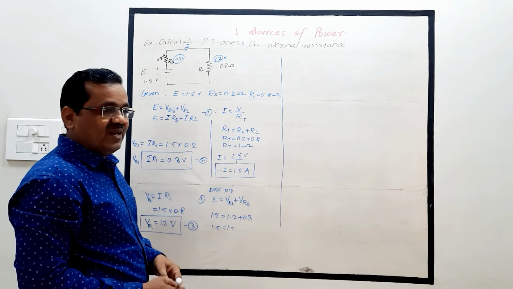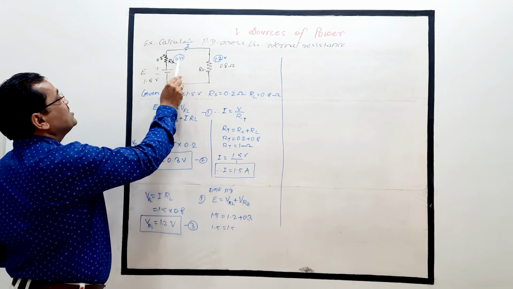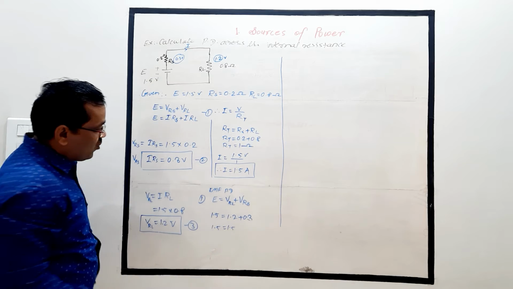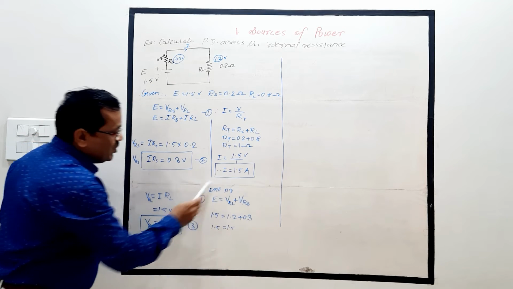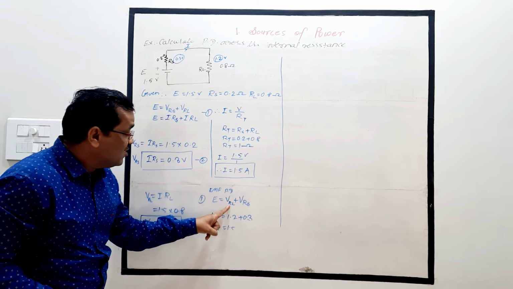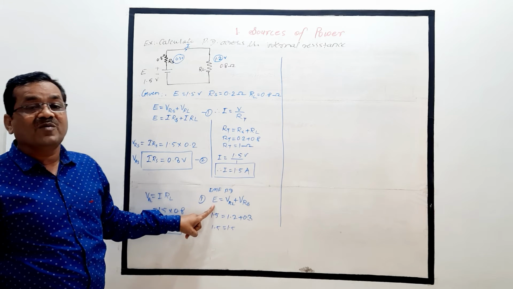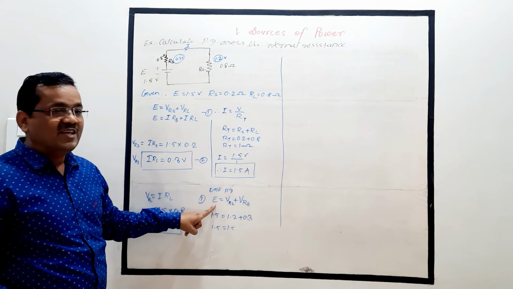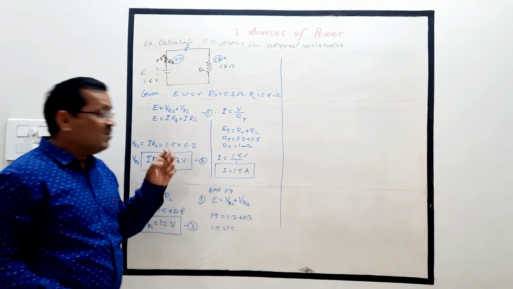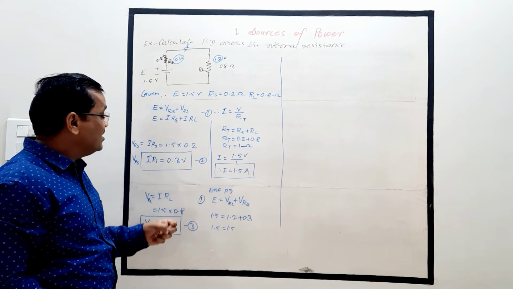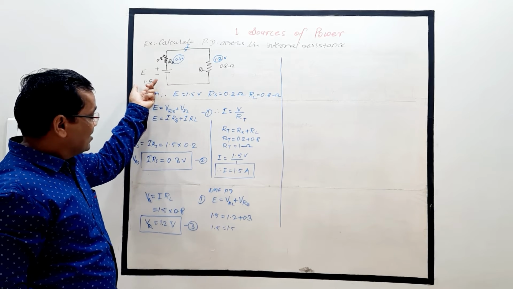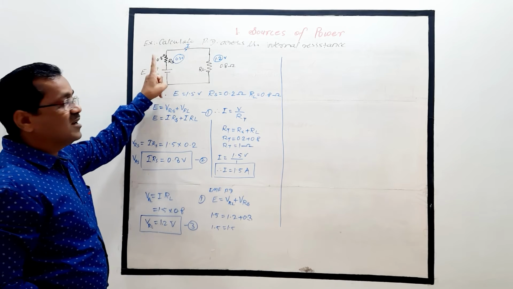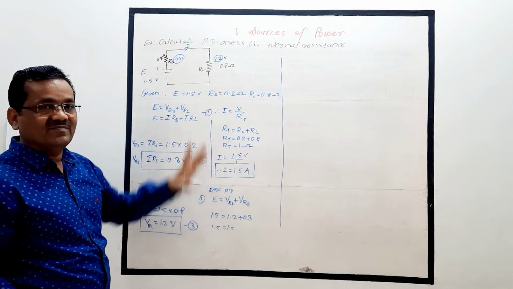Take another example in which we increase the value of this source resistance. From this equation, you conclude that potential difference is always less than the EMF of the cell, because some part or some energy of the cell is wasted within the cell, and this is because of the internal resistance offered by the cell.